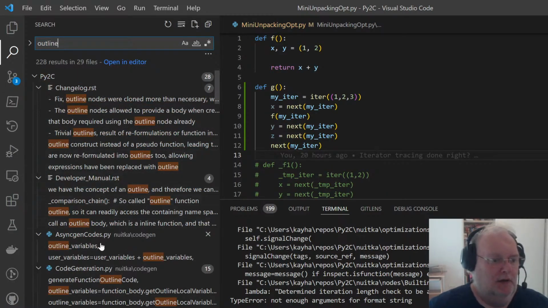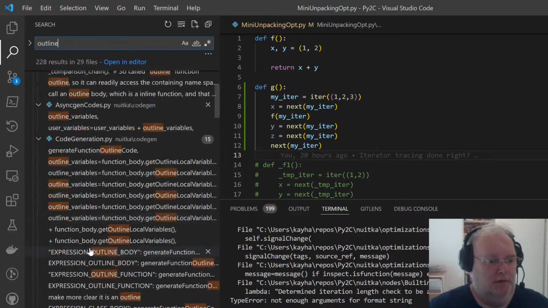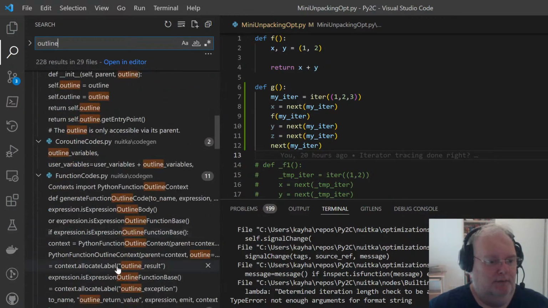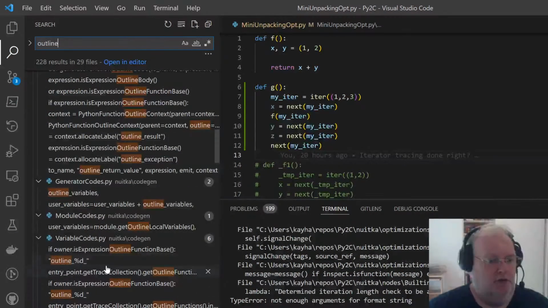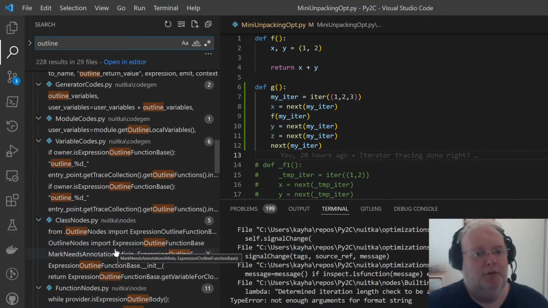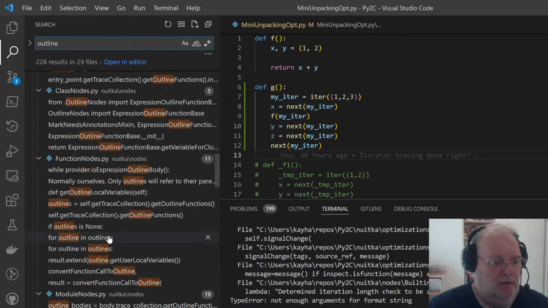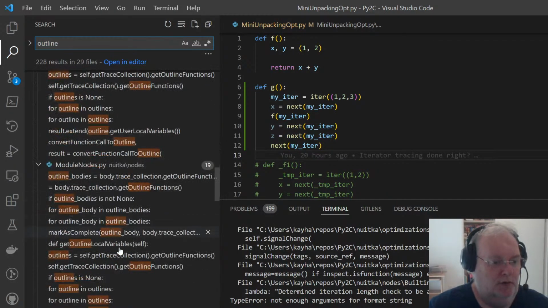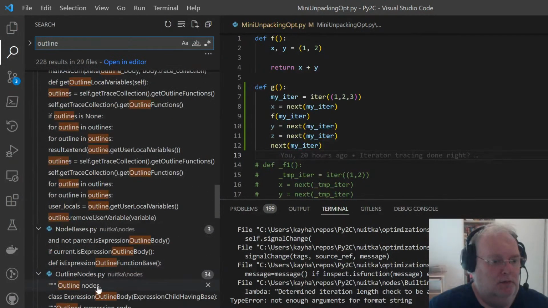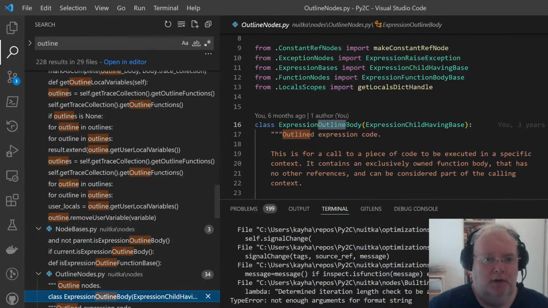Outlines are a strange thing, but essentially they are what lambda functions are, except they allow a full function body with a return statement. So expression outline body.